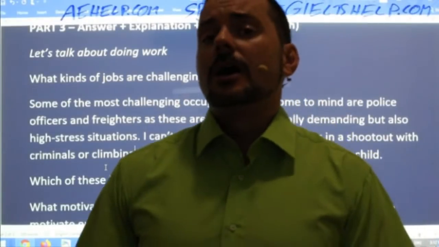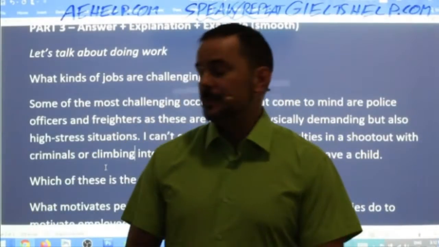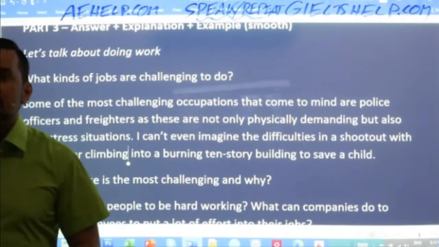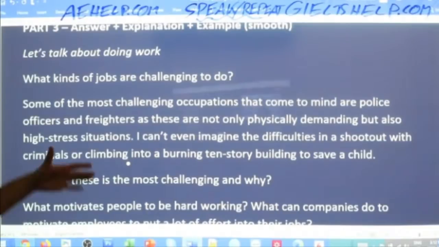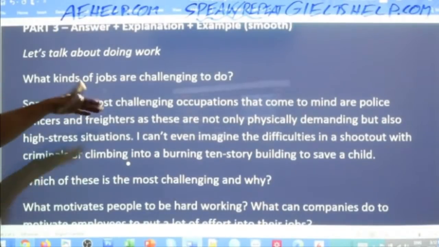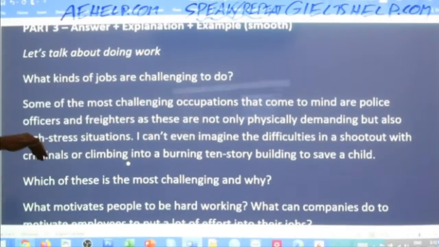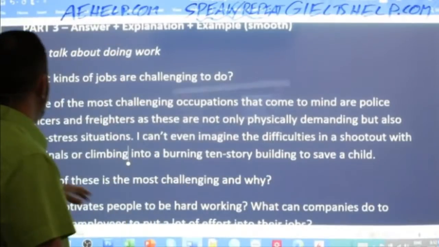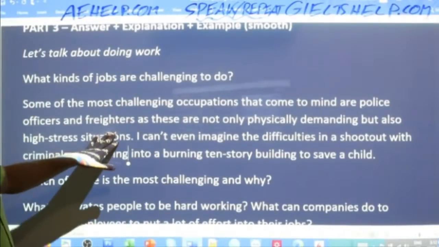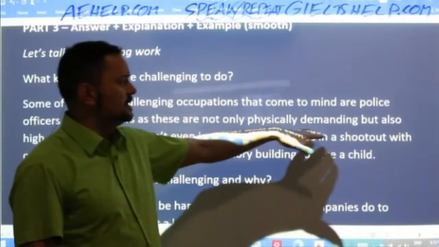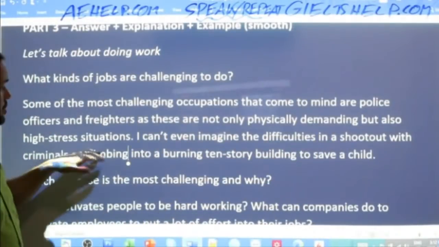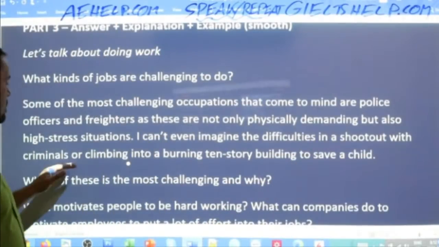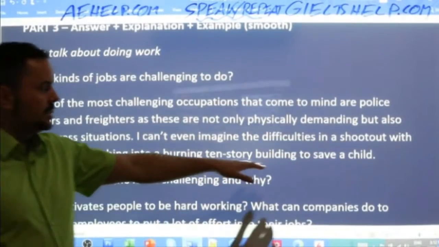But when there is an emergency situation, these jobs, I bet, are very challenging. So here is my answer. Just repeat after me. What kinds of jobs are challenging to do? Some of the most challenging occupations that come to mind are police officers and firefighters, as these are not only physically demanding, but also high-stress situations. I can't even imagine the difficulties in a shootout with criminals or climbing into a burning 10-story building to save